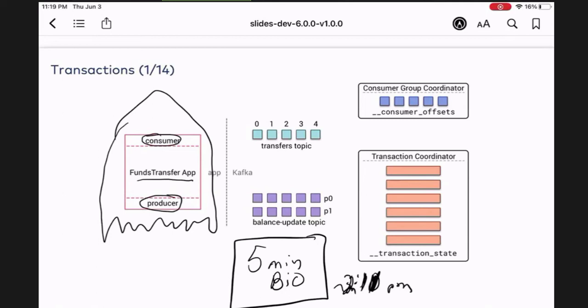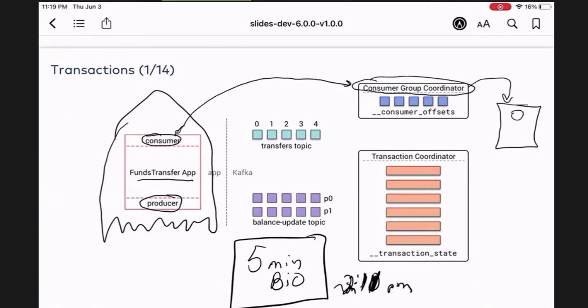Imagine you have this Kafka Streams application. Now, if you look at the picture carefully, remember a Kafka Streams application has a consumer. And if you have a consumer, that means there has to be some consumer group coordinator. The group coordinator is one of the brokers in the cluster, and it can function that way because broker software is multi-threaded. So one of the brokers in the cluster has to function as a group coordinator.